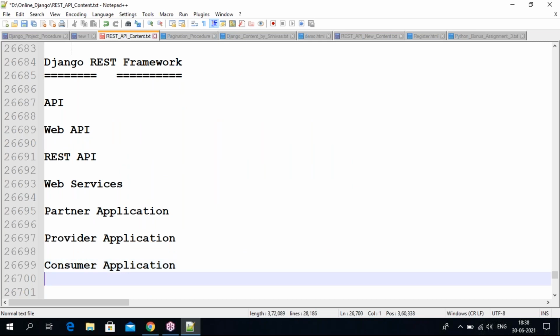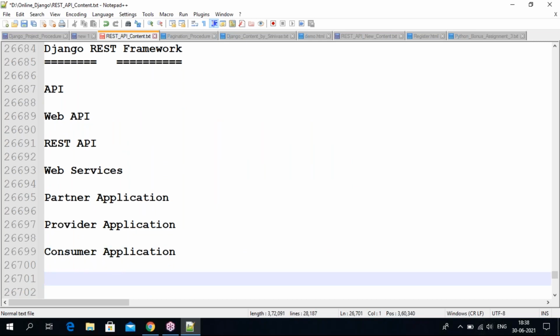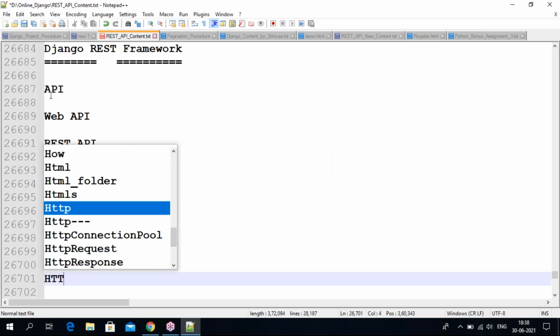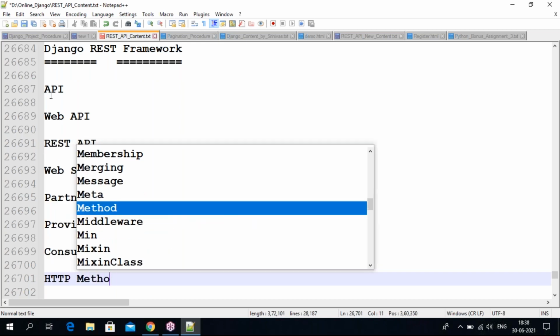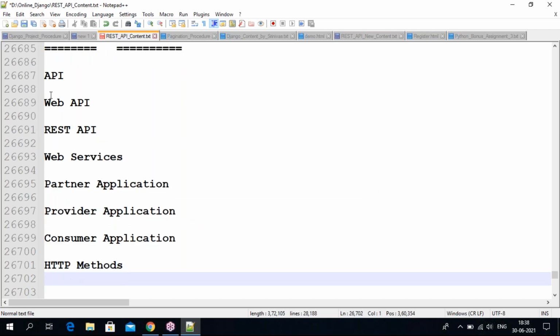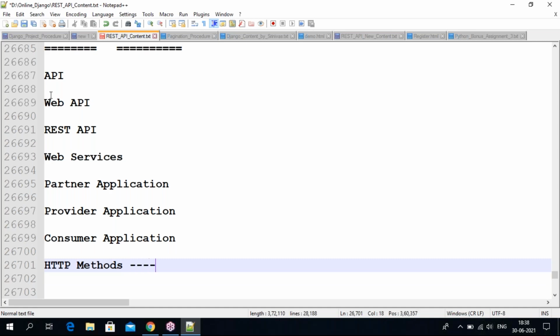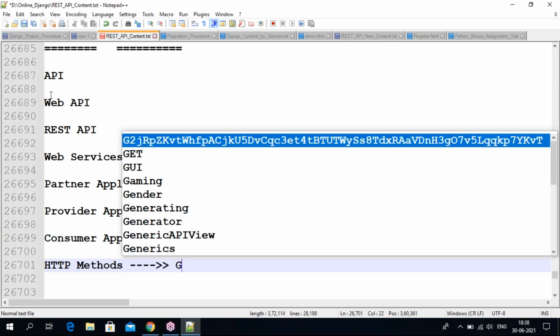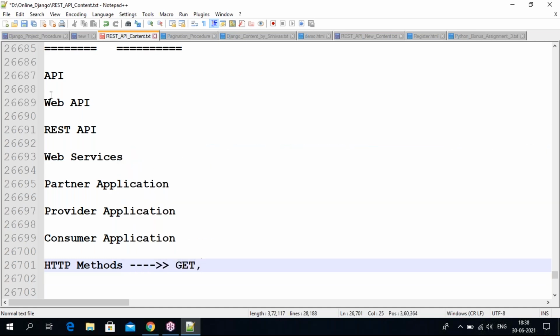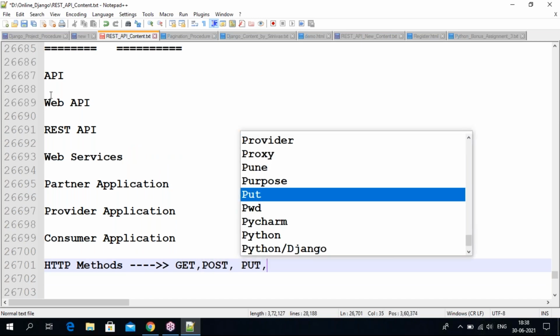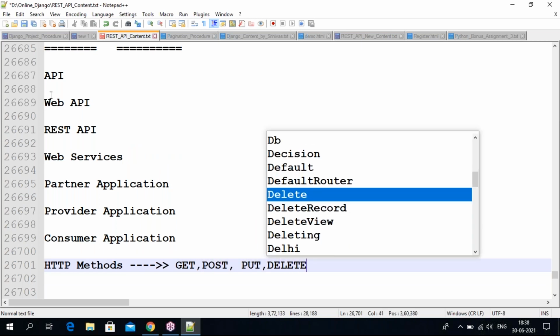Okay, guys, so we discussed all these things, and also HTTP methods. What are the HTTP methods available here? We have the GET HTTP method, and we have POST, and we have PUT for update, and we have DELETE for delete.